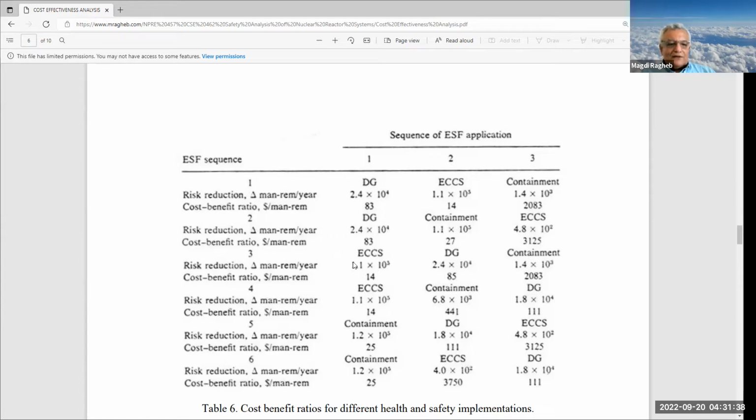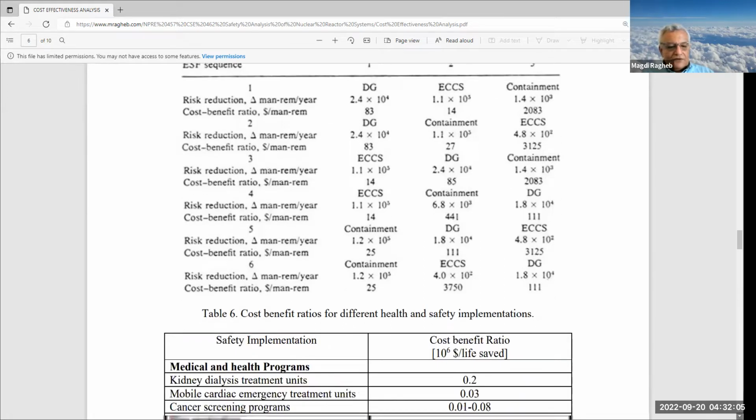And in current power plants, that's what really is adopted right now. We add the emergency core cooling system, cost-benefit ratio 14. You add the diesel generators, cost-benefit ratio 85. So in fact, you don't need the containment according to the criteria by the Nuclear Regulatory Commission. So I'm trying to show you here the detail that come in these types of calculations, considering the economic system